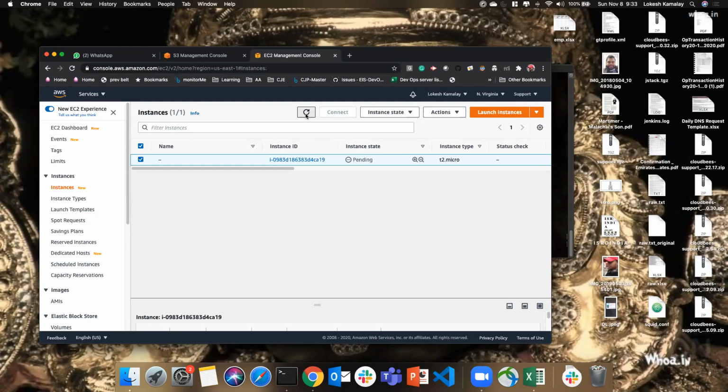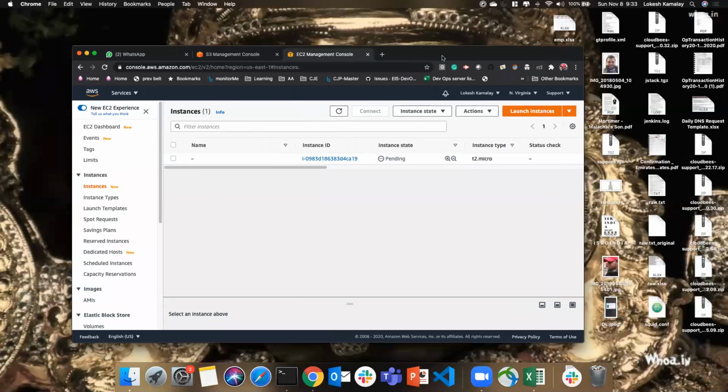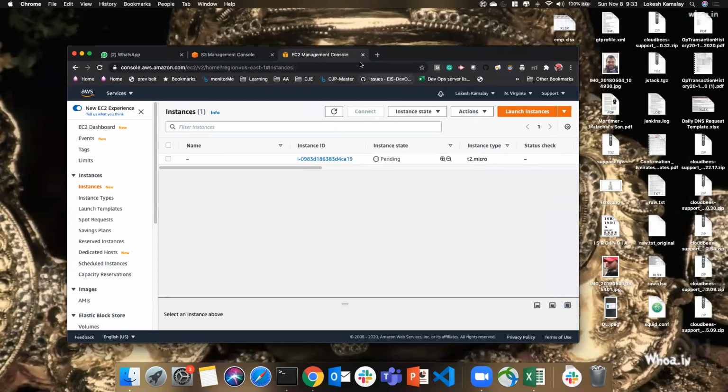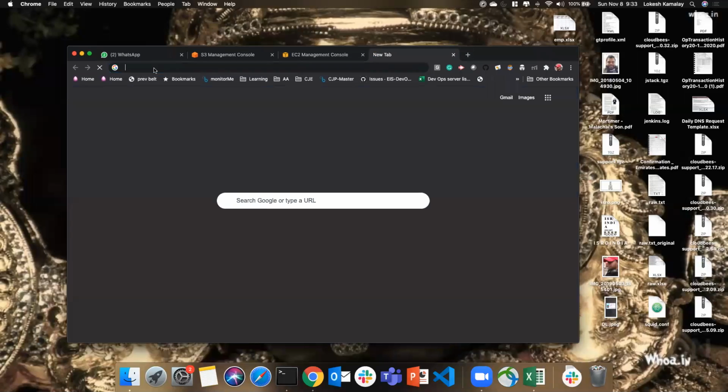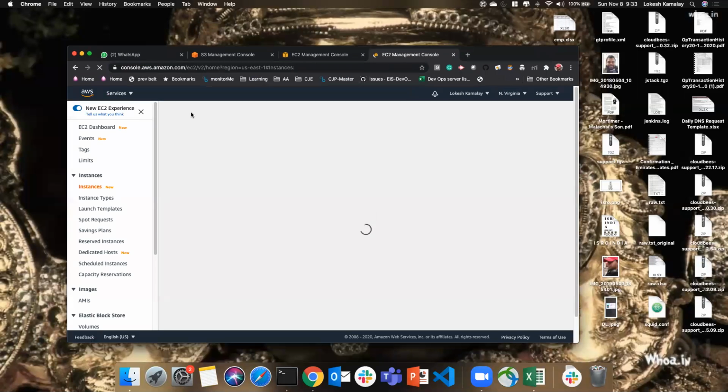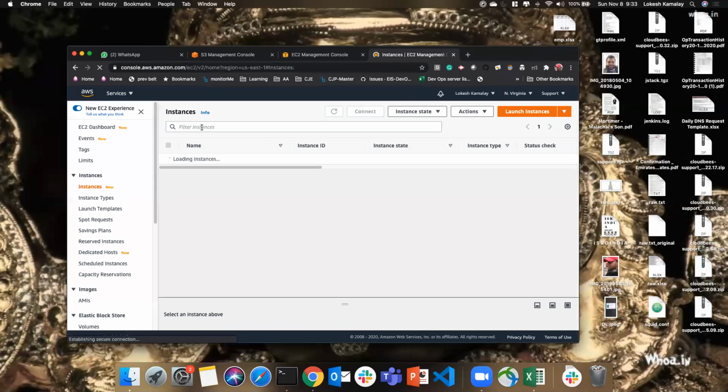It will take some time. So while this is creating, let me generate the secret keys for my account. You don't need to do that, but I just wanted to show you. I'm going to open up another session and create a user in AWS. For that, I'm going to use the service